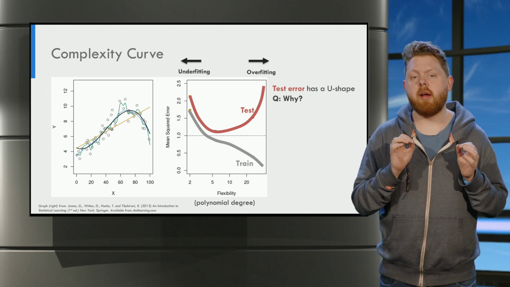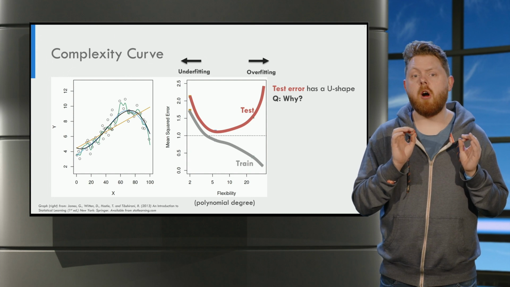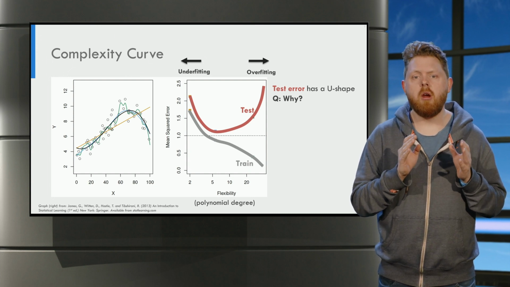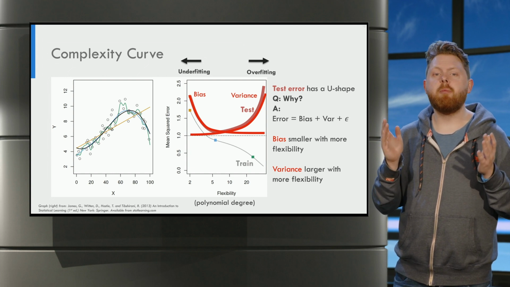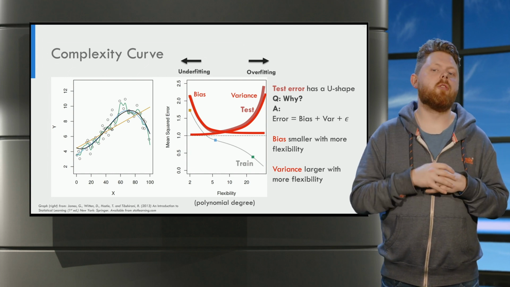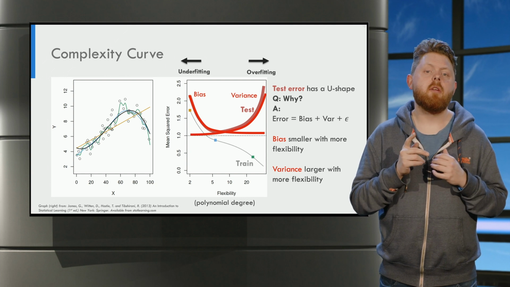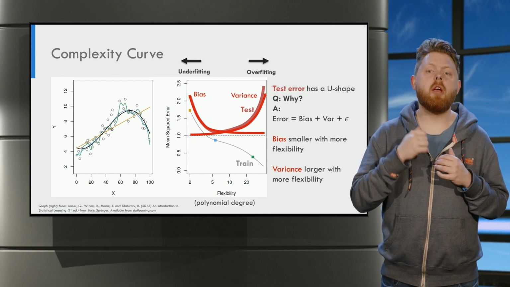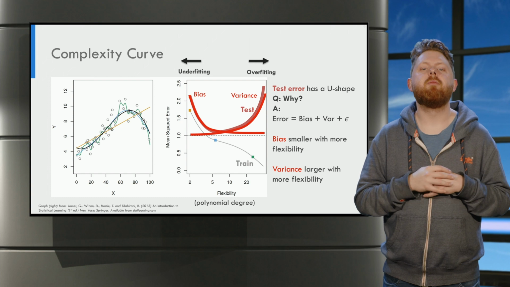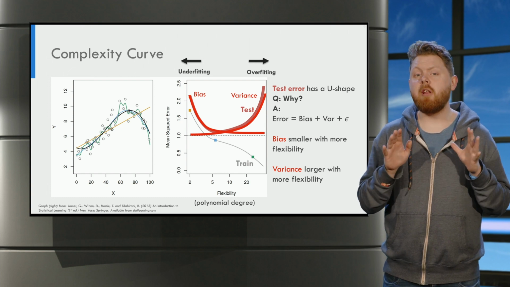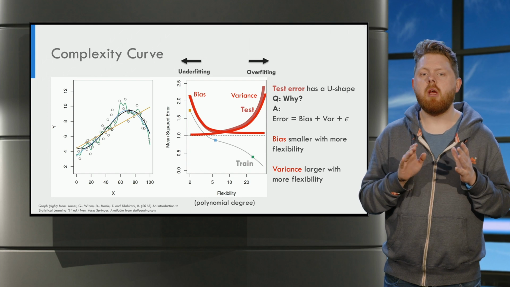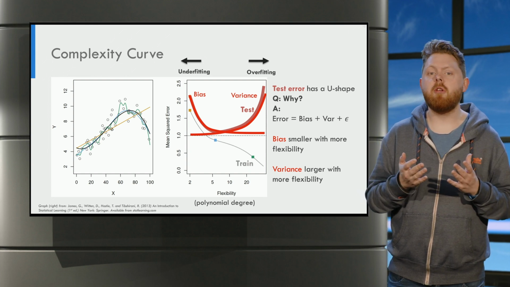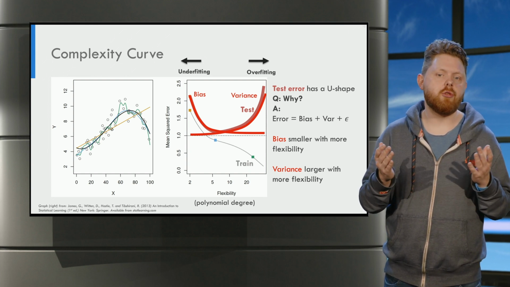Okay, welcome back. Let us discuss the answer. Remember that the bias variance decomposition decomposes the error in three components: the bias, the variance, and the irreducible error, epsilon. For this analysis, we're going to ignore the irreducible error epsilon. Anyway, it is a constant no matter what flexibility we choose.